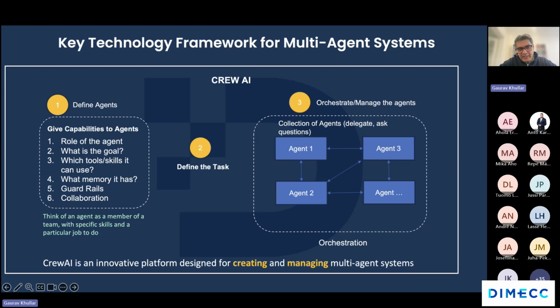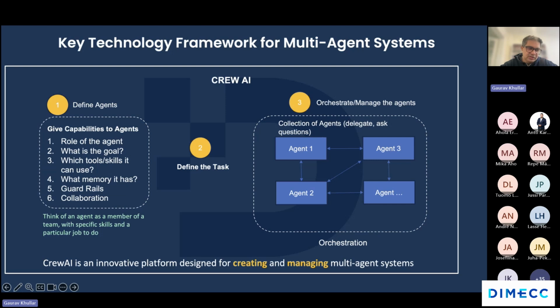And by this Crew AI, it is a very structured way of creating an agent. So it's a templatized way wherein the heavy lifting is done by the framework, and what you need to do is define the building blocks. And the building blocks of an agent are: number one, you need to define the agents. When you define the agents, you define what is the role of the agent, what is the goal of the agent,